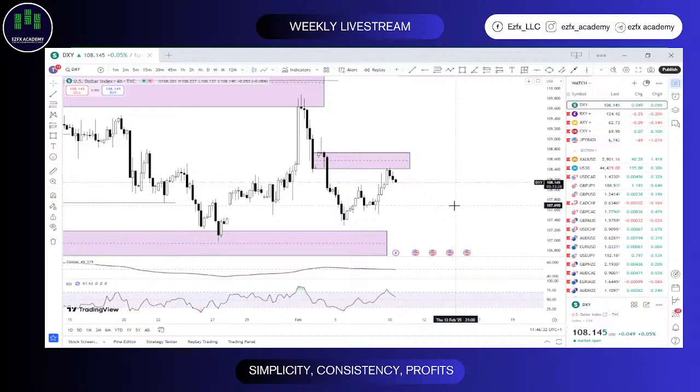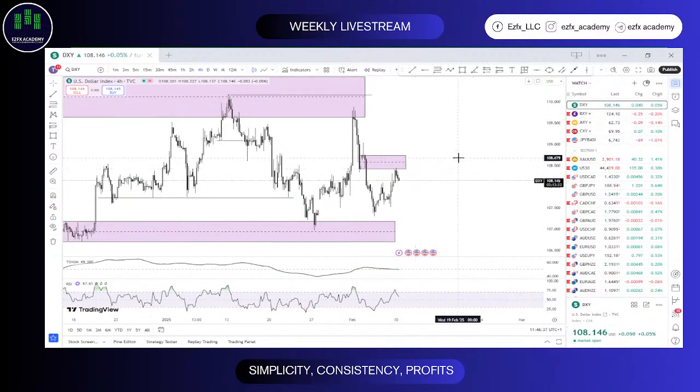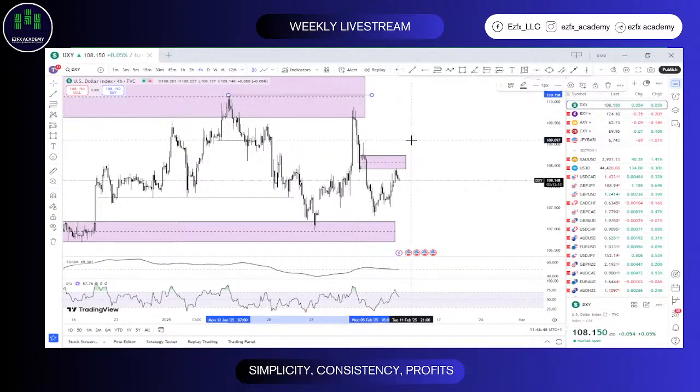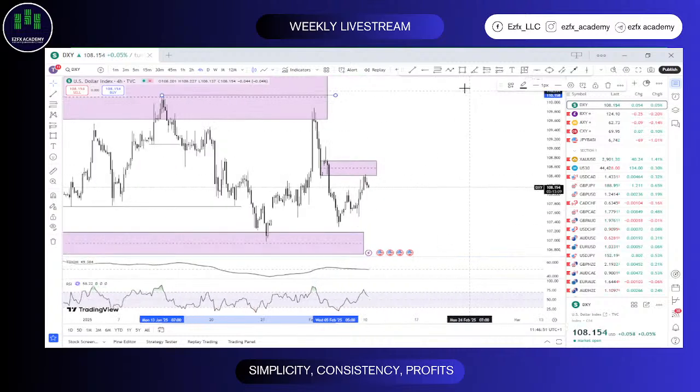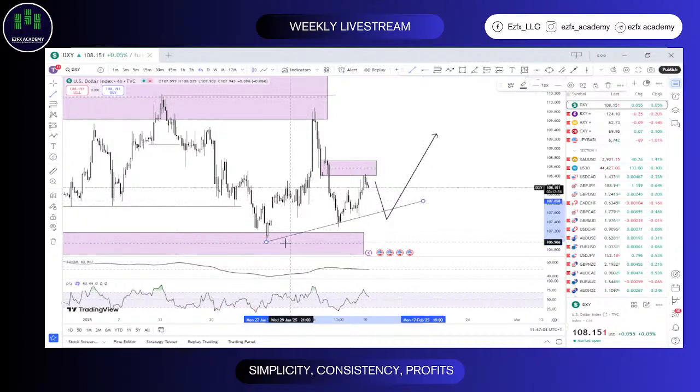But I think we might get to see a sort of sell to buy scenario. Now, I cannot say for sure if we're going to see the DXY break above this high, maybe this one that we have here, around 110.158. I cannot say for sure we're going to have that, but all the same, I think we can work out something towards this end at least. Let me try my best to fine tune that.